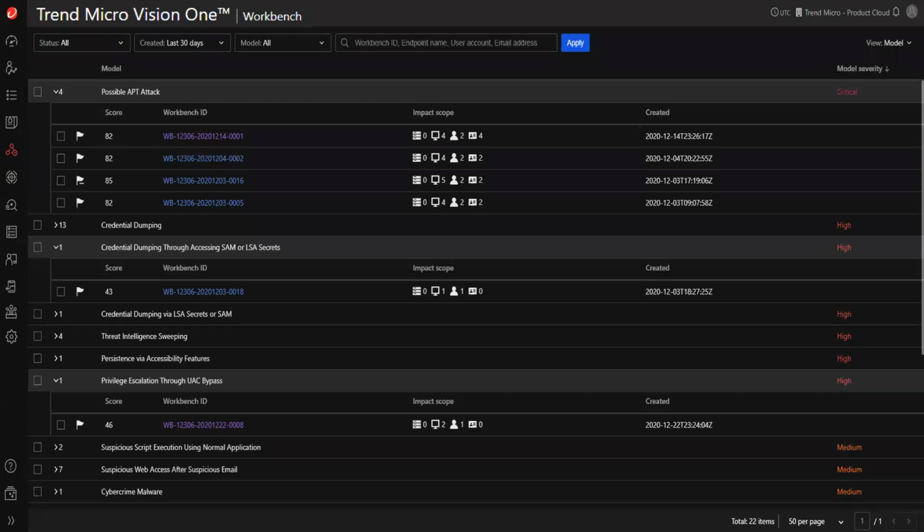Let's move to the Trend Micro Vision One workbench. And here you can see all the correlated detections. You can see the possible APT attacks. You can see the score for every single detection in your console. You can see the impact scope, how many endpoints, how many servers, how many users, how many emails are participating